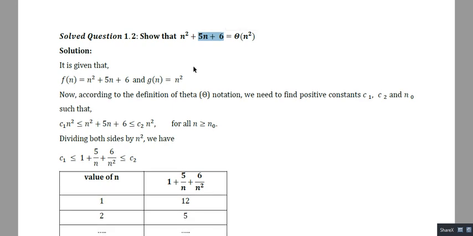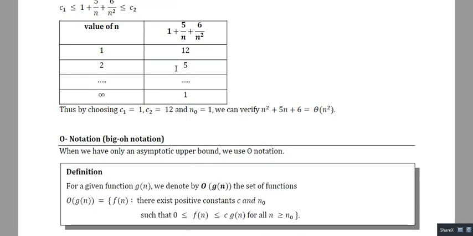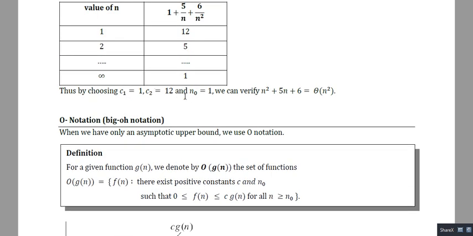Because for example, if you are writing n square plus n, for small values of n, n square and n may be closer, but for a very high value of n, the distance between n square and n will be very less, so you can ignore those values of n, right? So this is what asymptotic notation is all about. We have to check the behavior of the function for sufficiently large values of n, or when n tends to infinite, right? So you just go through this example. Similarly, in this case we are also finding c1 equal to 1, c2 equal to 12, and n0 equal to 1, right?